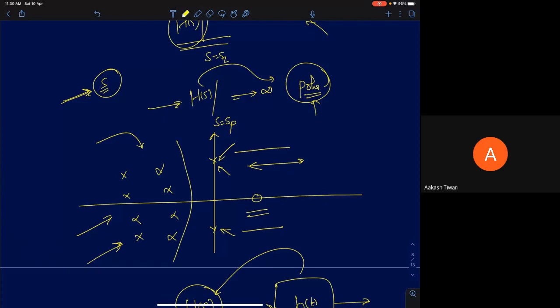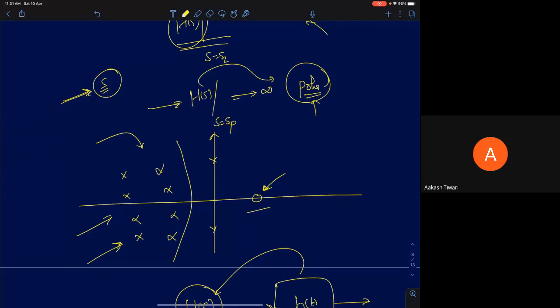So the first thing you will do, if you're given an amplifier, is compute the transfer function of the amplifier. From that, you can directly say if this amplifier is stable or not by just finding out the poles and zeros. And we said there is no such condition on zeros. Zeros can be on the right of the plane as well. For this open loop system, it doesn't matter. Zeros can exist even in the right half plane, and still the system will be stable. Okay, so that's something to keep in mind.